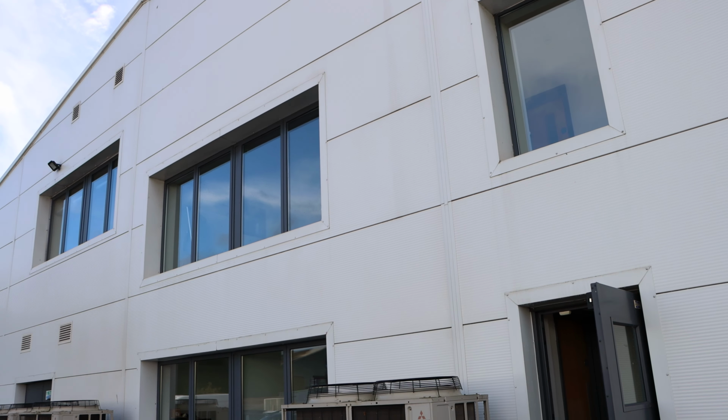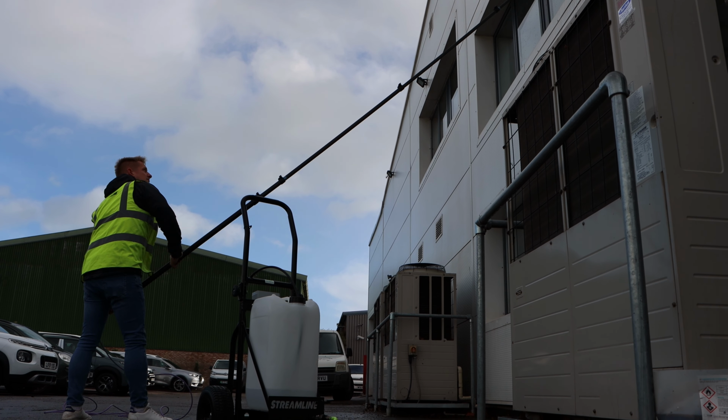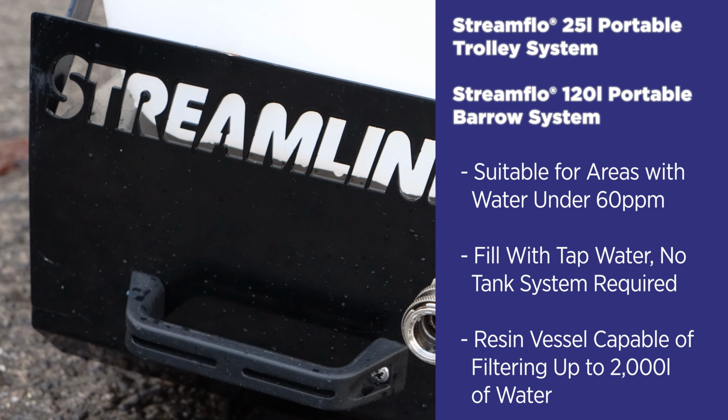When cleaning exterior windows, it's vital to make sure you have the right water for the job. If working exclusively in a soft water area, opting for a soft water cleaning system is a more cost-effective and convenient solution. For window cleaning in soft water areas, our solutions are a Streamflo 25-litre trolley system and a Streamflo 120-litre portable barrow system. Perfect for use on offices, schools and domestic households, the Streamflo 25-litre trolley provides the perfect